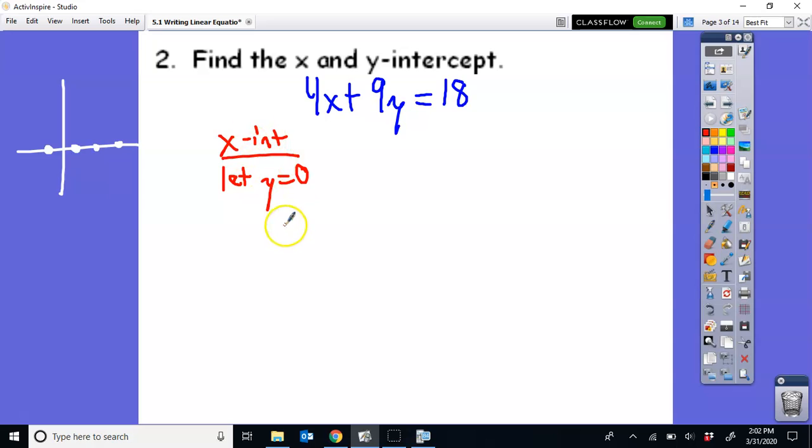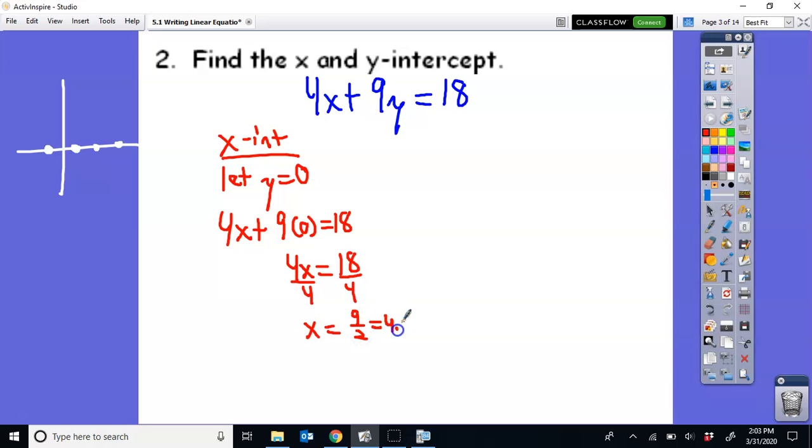The x-intercept is only one point on the line. It's not the whole line. So we plug in 0 for y. So we do 4x plus 9 times 0 equals 18. 9 times 0 is 0, so that's just going to be 4x equals 18. We divide by 4, and you get x is equal to 18 divided by 4, which is 9 over 2, or 4.5 as a